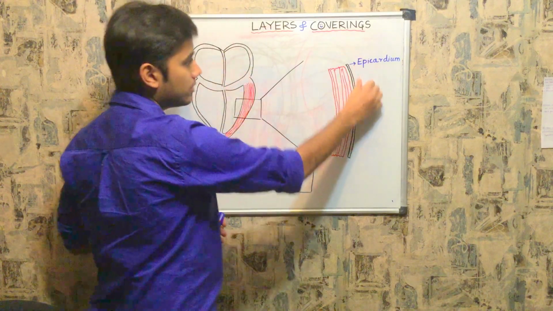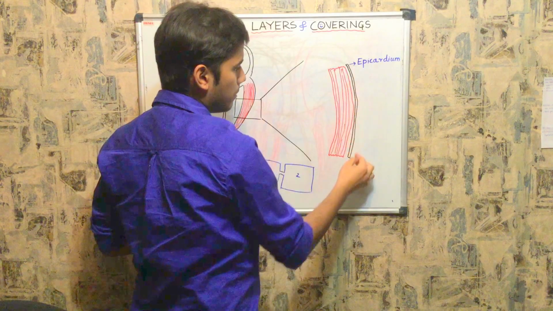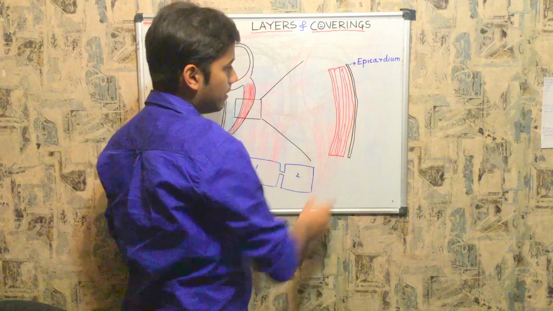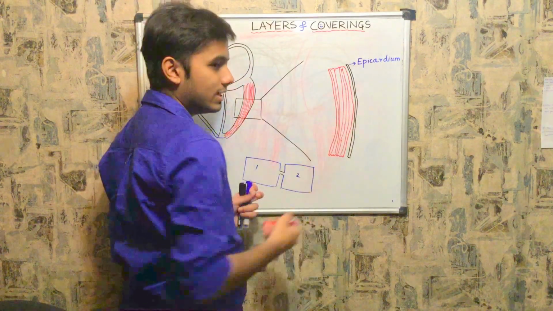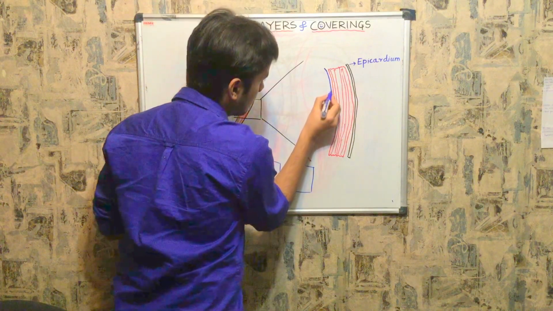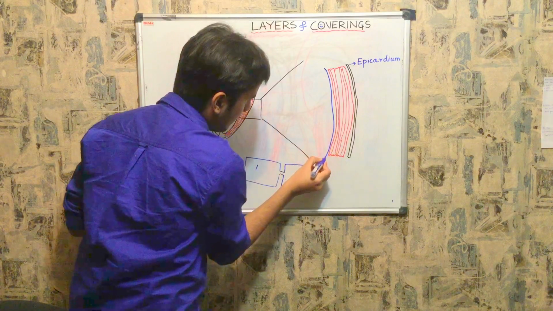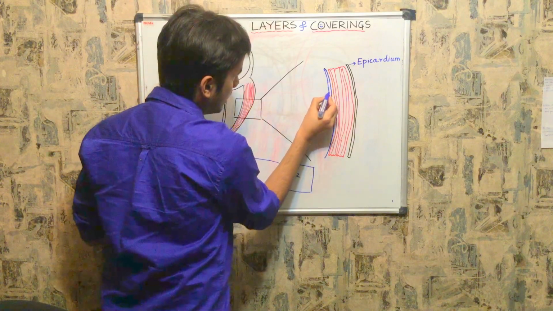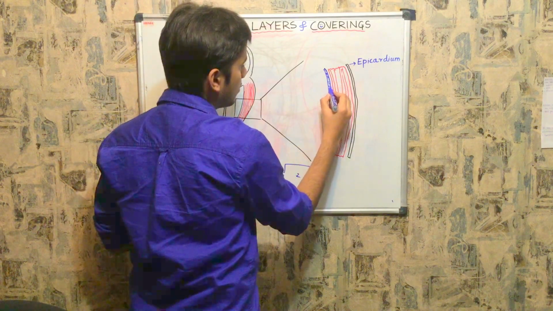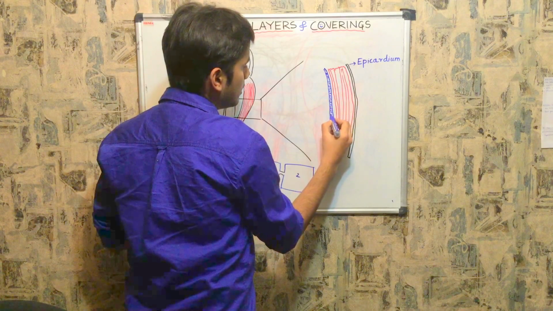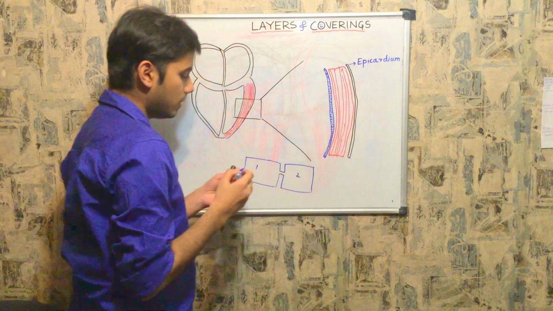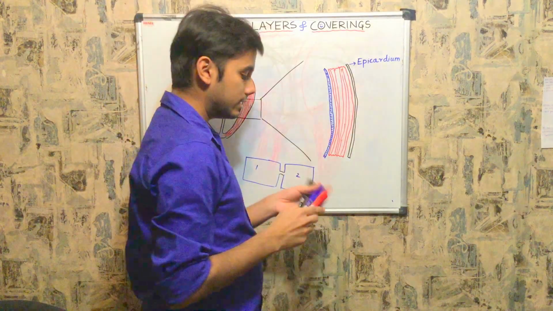Now this is your epicardium, and epicardium is made up of very thin connective tissue, and below the epicardium you find the myocardium, the big chunk of the muscle, the major part of all the three layers, and the innermost layer is called your endocardium. So this is your endocardium. And one important thing about the endocardium is if there is any inflammation to this endocardium, you call that inflammation as endocarditis.